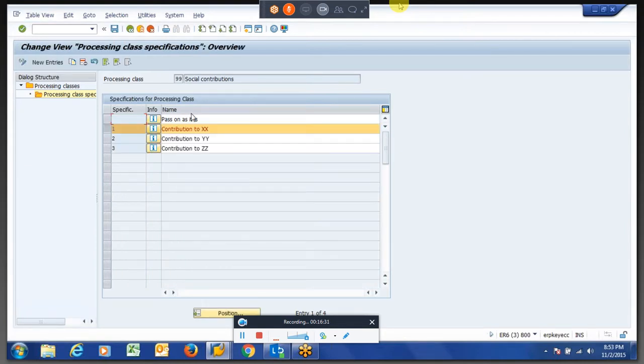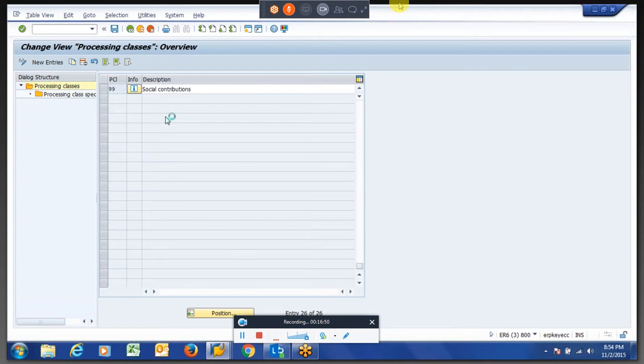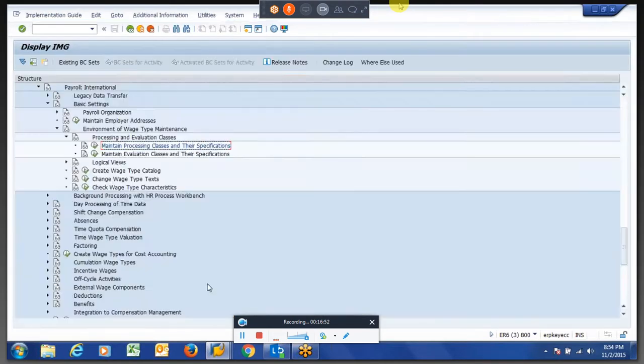It's the text, whatever you want, you can do, but how we are writing the PCR, we should understand. So we created three specifications for only one processing class, 99. This is a simple configuration which we have done.